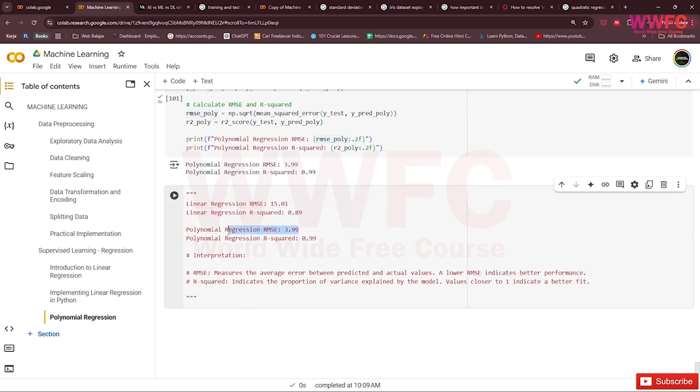So polynomial regression indicates better performance, and a value closer to 1 indicates a better fit. So polynomial regression R-square is a better fit than linear regression R-square, right? So it's really a difference in value in here. So polynomial is better than the linear regression.